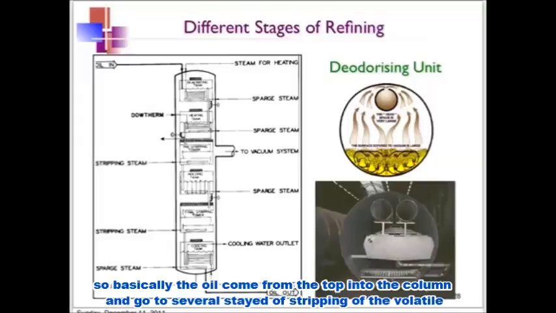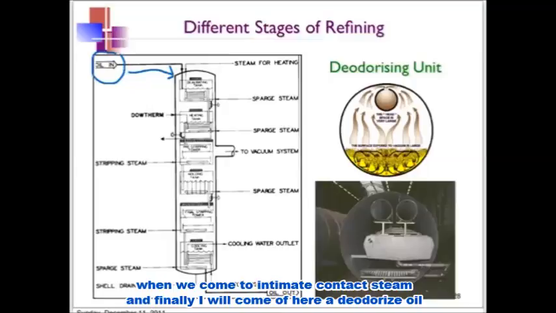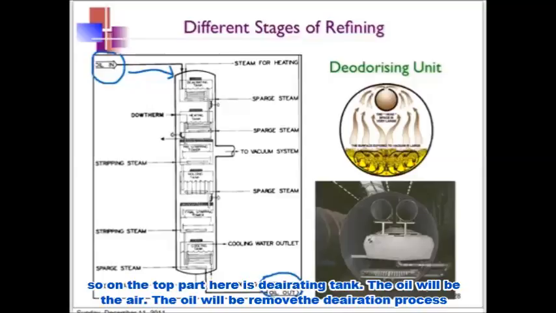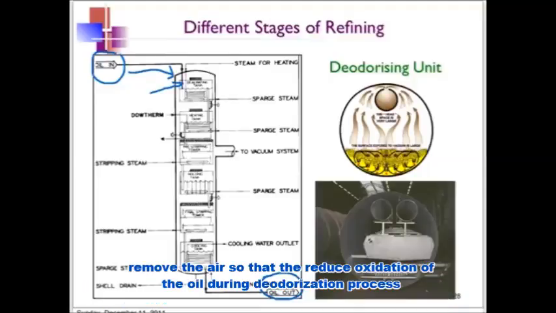So basically the oil comes from the top into the column, and will go through several stages of stripping of the volatiles through intimate contact with the steam, and finally it will come out here as the deodorized oil. On the top part here is the aerating tank, where the air in the oil will be removed. The aeration process removes the air, so that it will reduce the oxidation of the oil during the deodorization